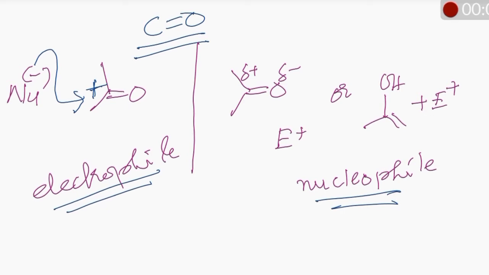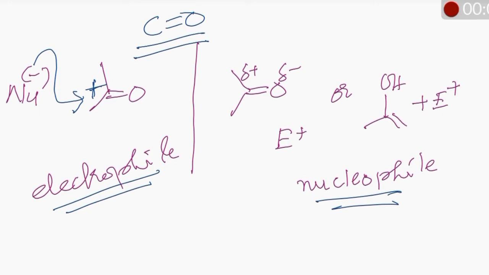We have discussed the difference between a nucleophile and a base. A base donates its pair of electrons to a proton, whereas a nucleophile donates its pair of electrons to a carbon. So it can act as a nucleophile as well as a base,